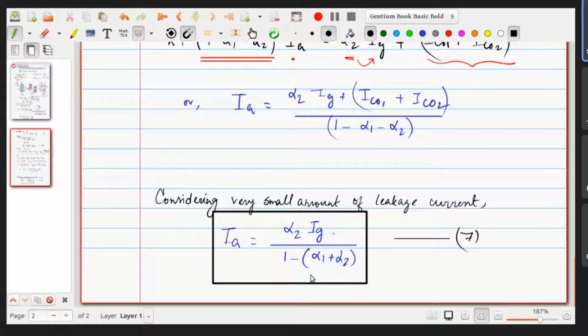is that suppose this factor alpha 1 plus alpha 2, quite similar to the assumptions that we have made over the years, is very, very close to 1, then what happens? The value of the anode current, this IA factor, will become infinite. That means the anode current suddenly attains an extremely high value, which means the device is suddenly moving into the on state, that is the conduction state, from the off state.